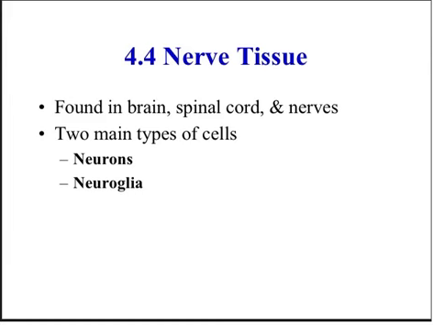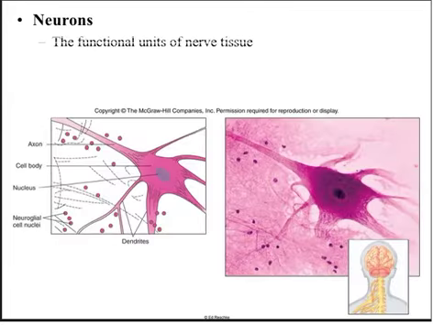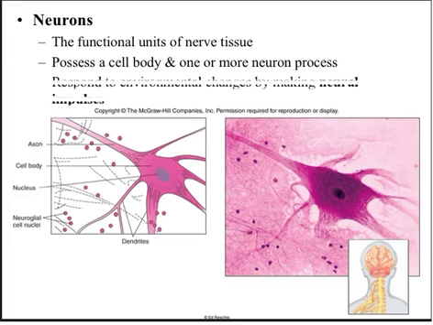You could think of them as the personal assistants to the nerve cells. Without the neuroglia, the nerve cells would die in a relatively short period of time. The neurons are the functional unit of the nerve tissue. They have a cell body and one or more neuron processes, and they respond to environmental changes by making neural